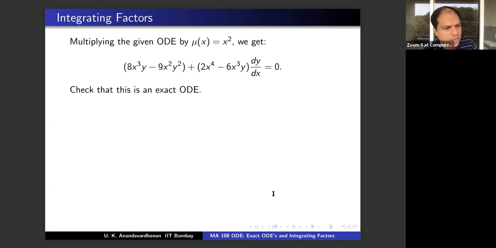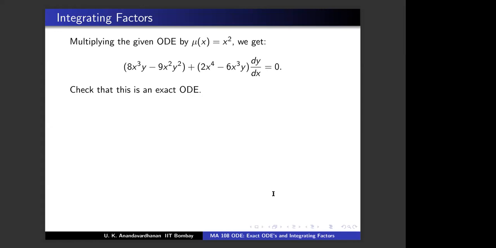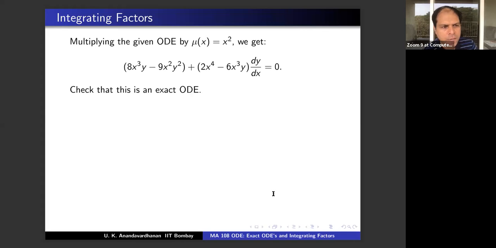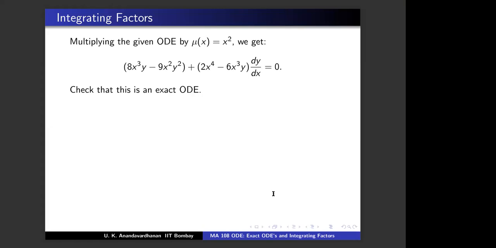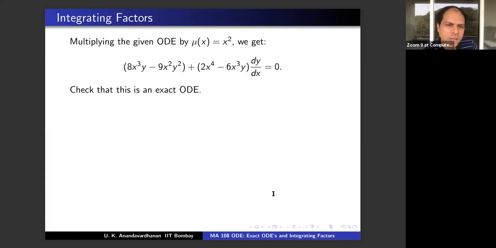Should you check that it is exact once more? No, sir, no need, theoretically. Exactly, theoretically, no need, right? But suppose you are in an exam, will you check or will you not check? Yes, sir, we will check. In an exam, please do check, because what if you have made a mistake earlier? If you have not made a mistake, theoretically, it is true. This will be exact, but do check at this stage that it is exact, because if it's not, then maybe you made a mistake.